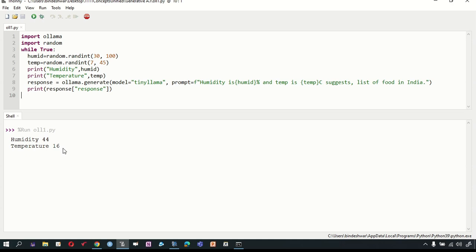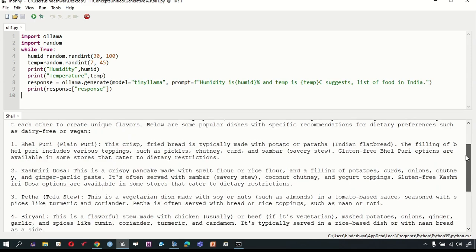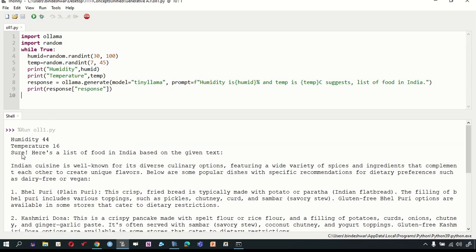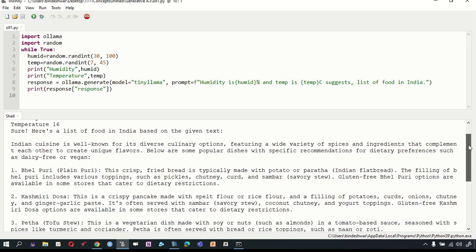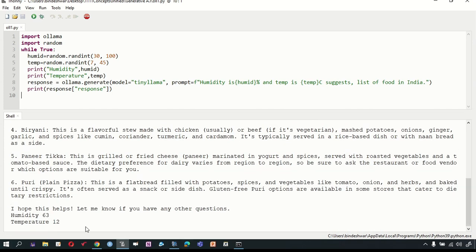So humidity is here, and temperature again 16 degrees Celsius, and we are just waiting for the result. So you can see that here again it has suggested: Sure, here is a list of food in India based on the given text. Indian, see that here, bhel puri, whatever, Kashmiri dosa, petha, biryani. Now see that again,